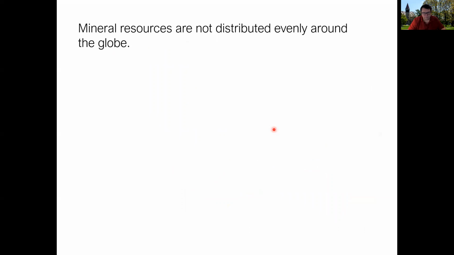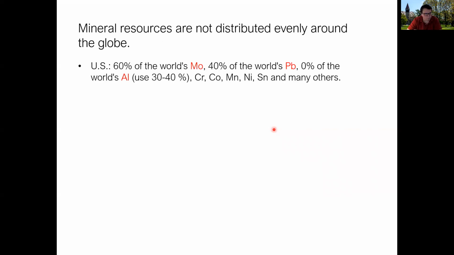The key thing to remember here is that mineral resources, rare earth is an example, are not distributed evenly around the world. Geology is placed in certain areas. Most geology happens where plate boundaries either have convergent, divergent, or transform processes, particularly convergent and divergent for mineral resources. And as a result, those geological phenomena, broadly speaking, over hundreds of years of economic geology, concentrate these ores in certain areas.